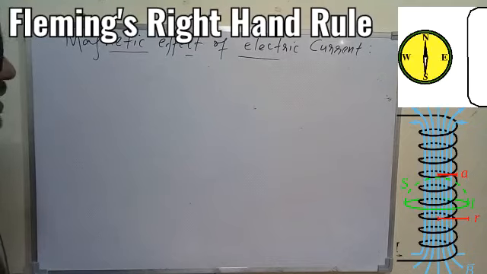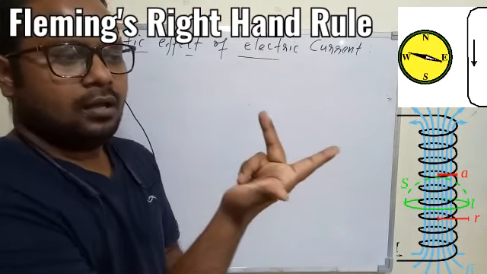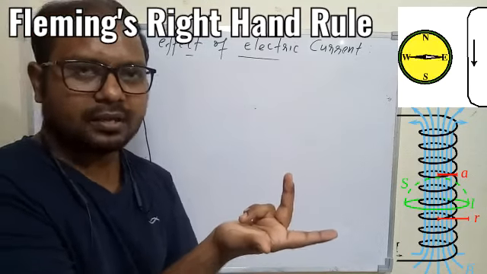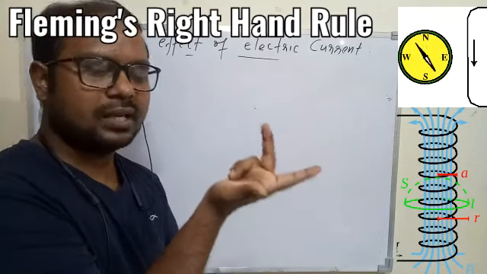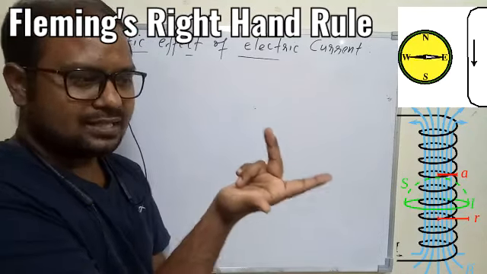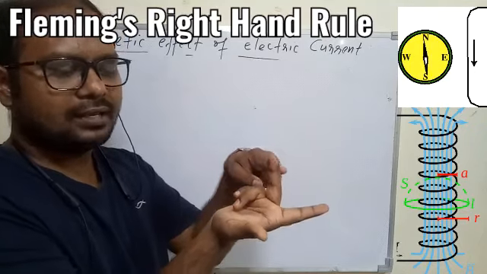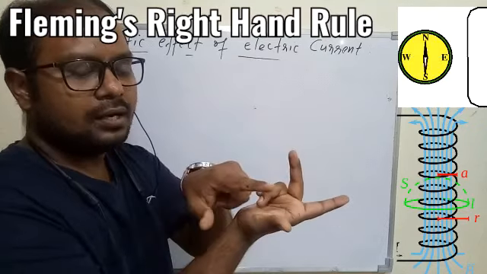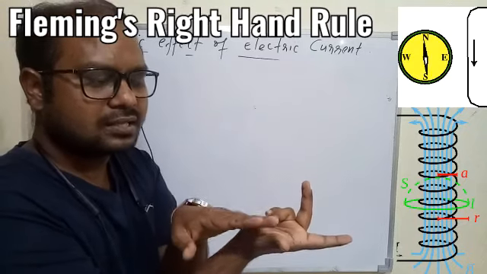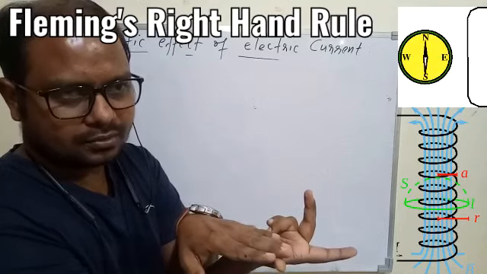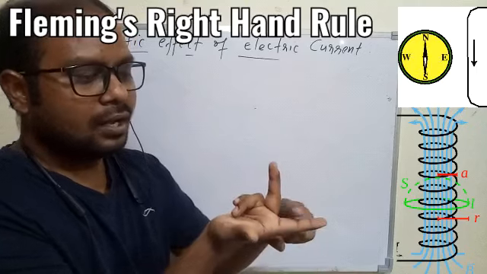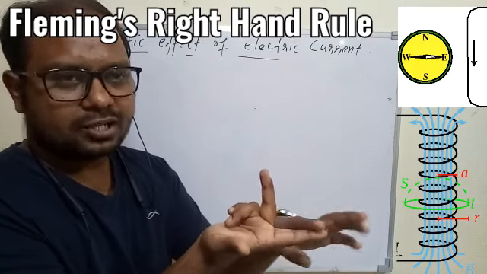It simply says that if we take the three fingers of the right hand, now, in the previous topic, Fleming's left hand rule, we took the help of the left hand, and now we are taking the help of the right hand, so don't be confused. We take the thumb, the forefinger and the center finger, such that the thumb will show the direction of motion of the conductor, or the direction in which the force is given to the conductor. Force given to the conductor or the motion of the conductor are the same thing, that you have to remember. And the forefinger will be the direction of magnetic field.